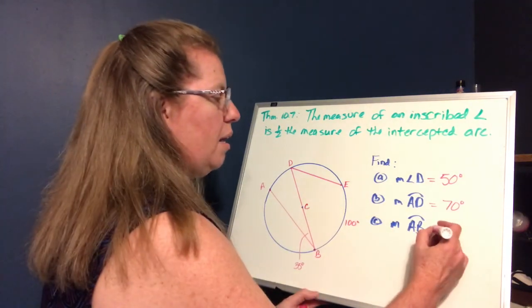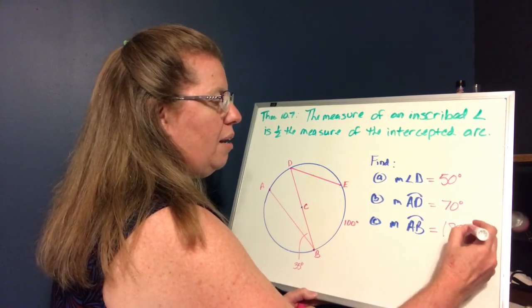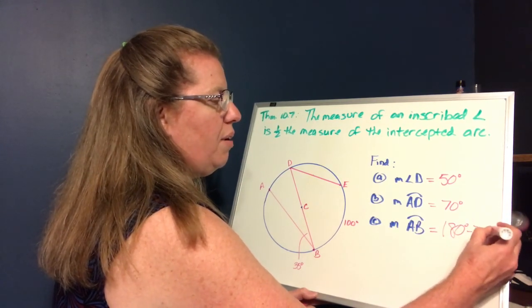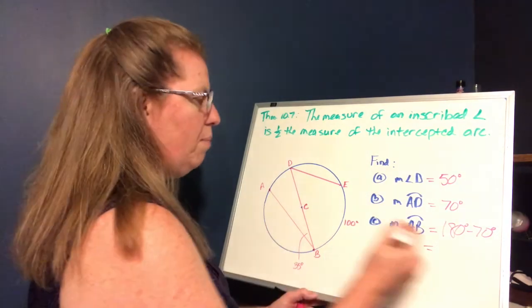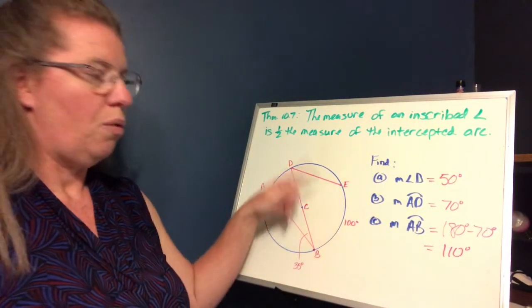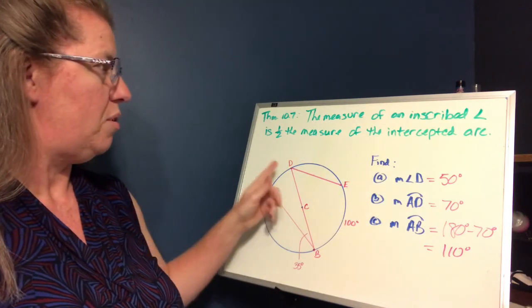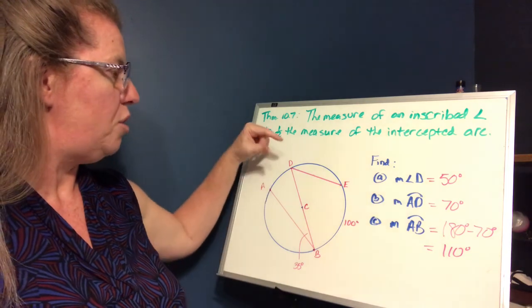So we're going to find the measure of arc AB. We take 180 degrees minus our 70. So arc AB is left at 110 degrees, okay? I wanted to do one of those to make sure you look for the semicircles in there. Now watch your